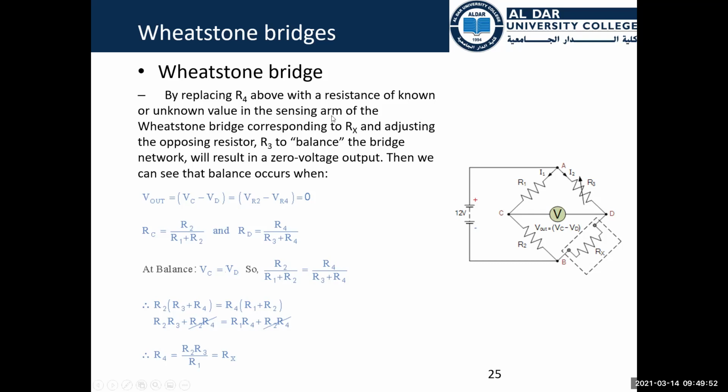طيب عايزين بقى نعرف الناس الشاطرة الممتازين المتميزين يقولوا لنا ازاي البريدج دي بنستخدمها في السنسنج. عايزين نقيس مثلا التغير في المقاومة بناء على التغير في درجة الحرارة، ازاي استخدم البريدج دي في انها تكون سنسور؟ ايه الفكرة؟